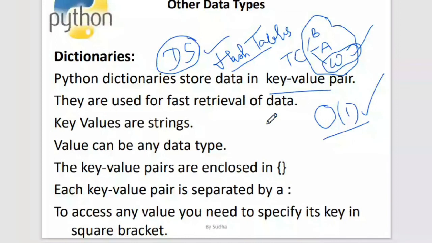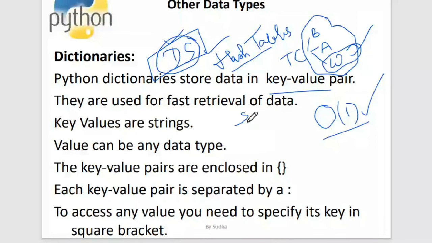why you need a data structure in the first place? Data structure is to arrange the data in a particular format so that the retrieval of the data can be done in a faster way. That's why you go for data structures, to arrange the data in a specific format. There are many operations that you perform. You can do delete operation, find operation, search operation. But among all the operations, the main operation for which you put the data in order is to make your search operation fast.